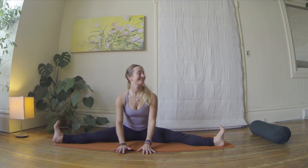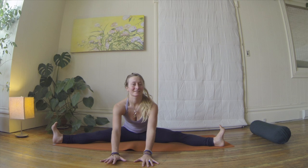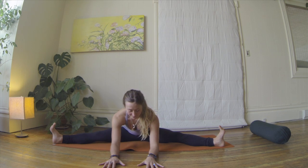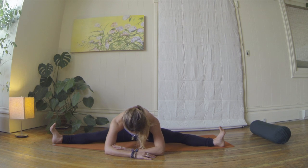Place the hands in front of you, inhale, open the chest, and exhale, start to walk the hands forward. Trying to keep the toes pointing upwards and not allowing them to roll in or outward. Inhale, lengthen the spine. Exhale, find depth in the pose. And then inhale, slowly start to come all the way back up,